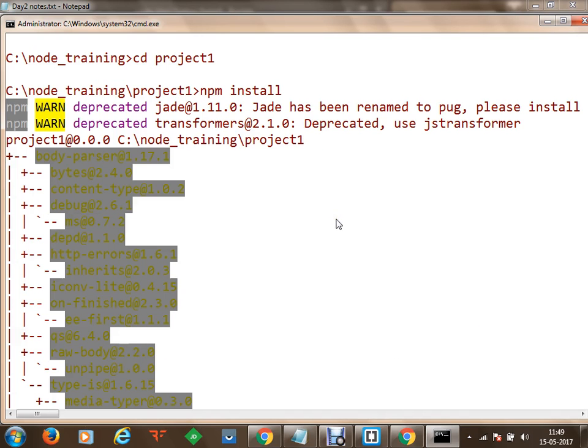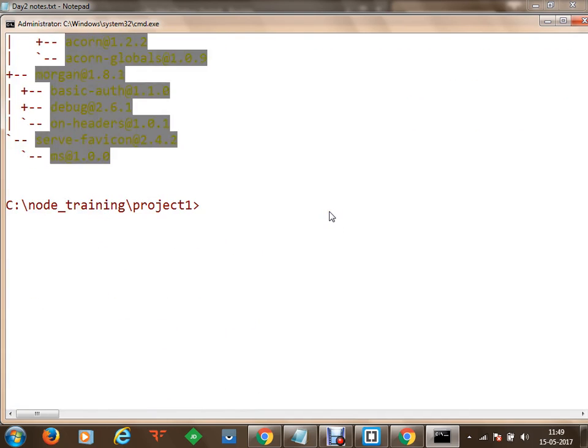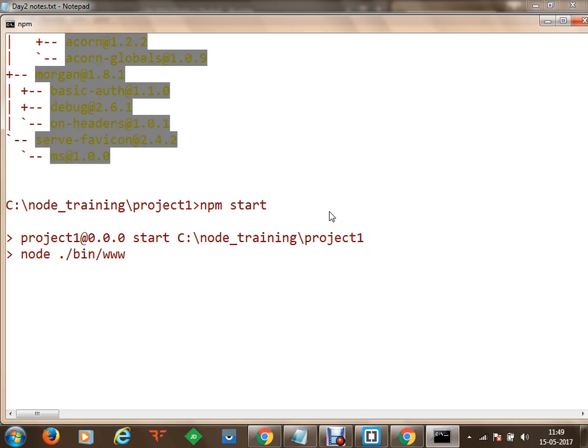Now once your npm libraries have been installed into your project, what next you can do is proceed to start your project, and let's say we are going to start our project using the command npm start. Now our project 1 is running on the Node server on port number 3000. Port number 3000 is the default port for running the web application. In case you want to modify the port number, you can proceed to the directory and modify it. The port number information is available within the www file available in bin directory, and this we have already done in the previous session.